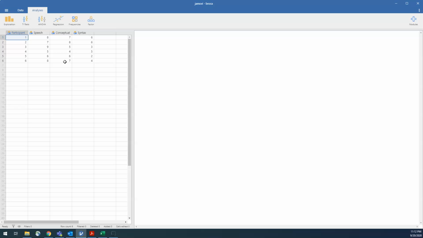You have to assume when comparing the means across different measures in a repeated measures ANOVA that the measures are assumed to be the same. And if there are differences between them, it's because of the thing you're measuring, not because of the measure itself. So in this situation, they're all on the same scale. They should be equivalent if the people had the same degree of competence in all of these 3 areas.